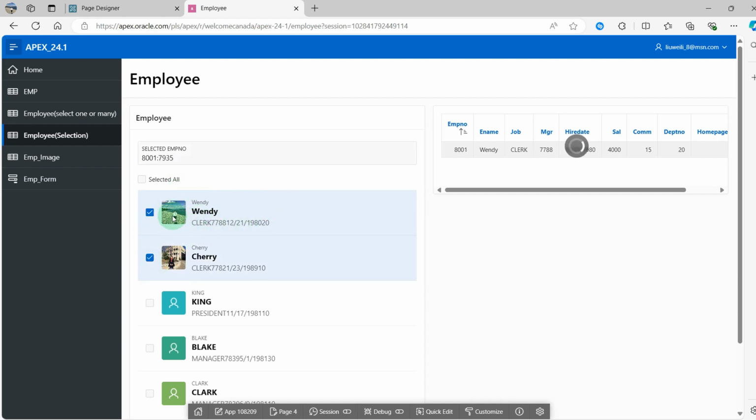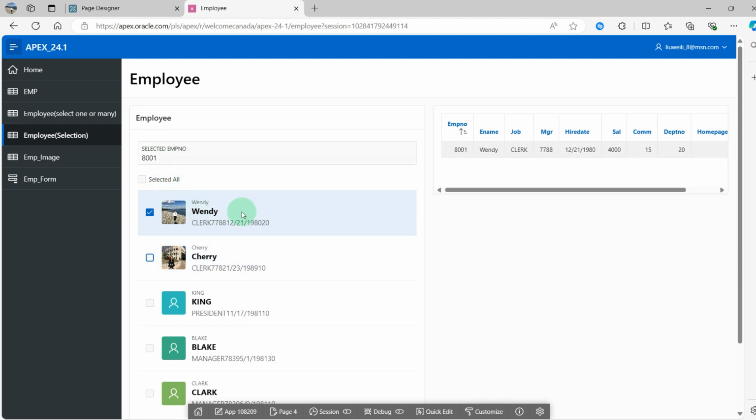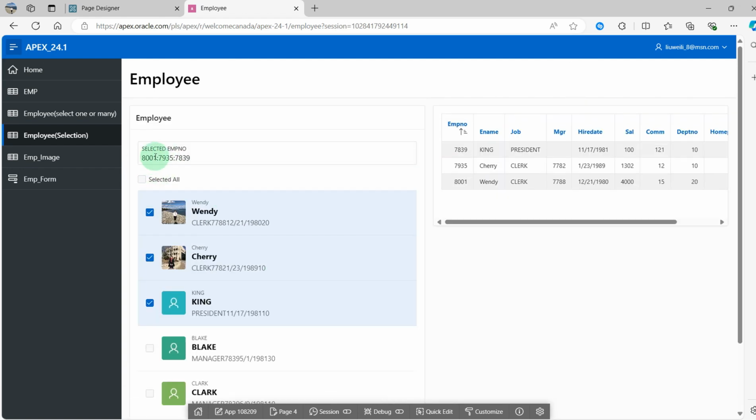Then I select another row, and it returns the primary key values of the selected rows as a delimited list, and this page item stores the value of the selected rows. Then I deselect one, and it returns the remaining row's value, and when I select two, it returns the primary key values of the selected rows